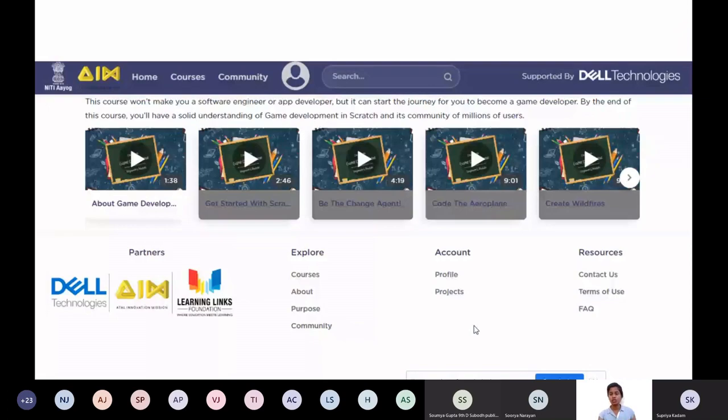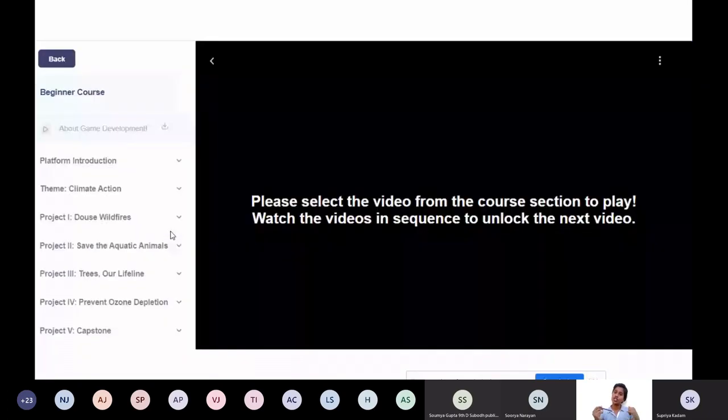When you scroll down, you have a series of videos. These videos are sequential, which means unless you finish the first one, you cannot jump onto the second one or the last one. The videos are in lock mode, so it is mandatory that you follow the sequence in watching the videos. For example, I would like to learn more about game development. It'll take you from the introduction. It'll first tell you what game development is, and then about scratch and how to download it. Once you finish downloading, it will guide you through the installation. Once that is also done, it'll take you to how to develop a project.